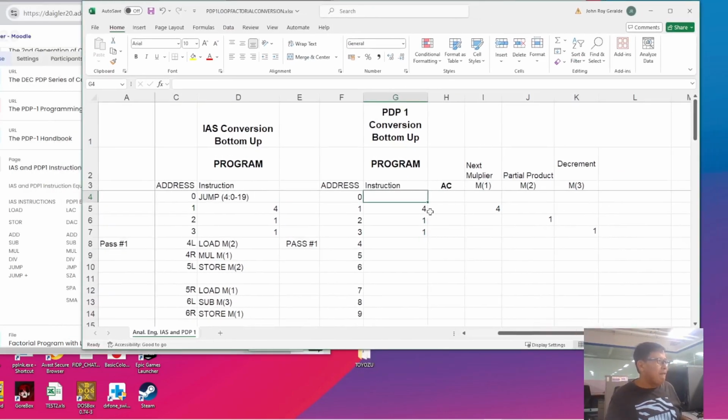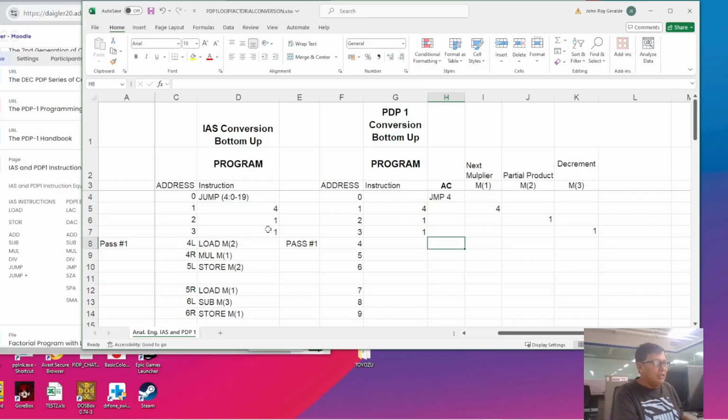One thing to remember is there's no more left and right, so we just use addresses sequentially. For example, if you have jump for L in the IAS, in the PDP-1 we'll say JMP 4 because there's no more left and right. Then the next command is load M2.